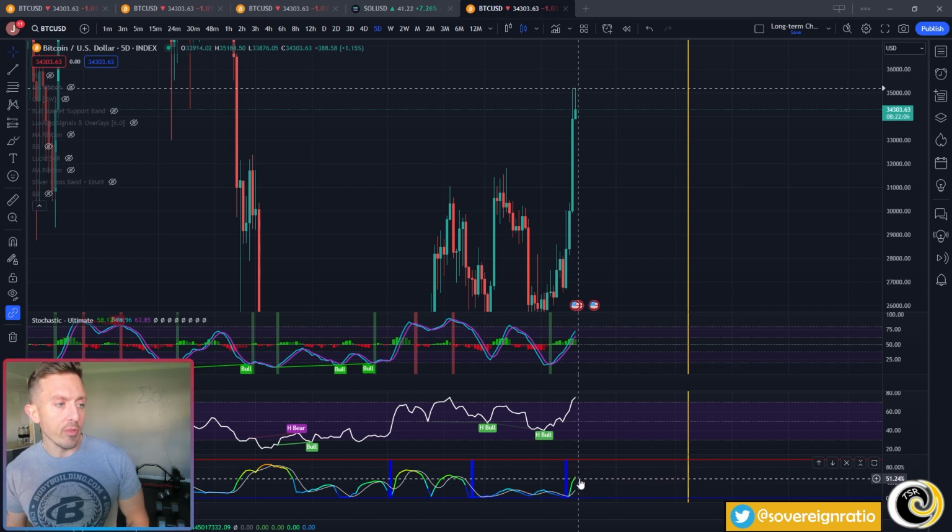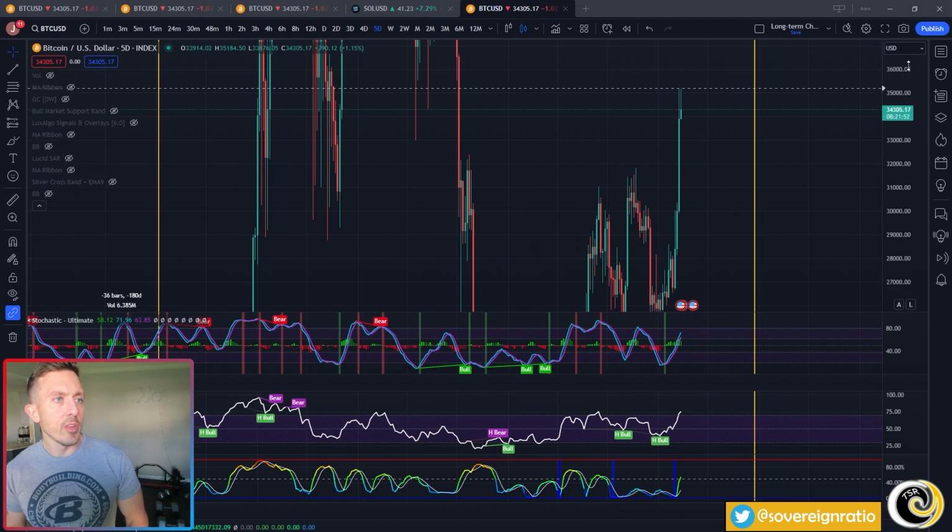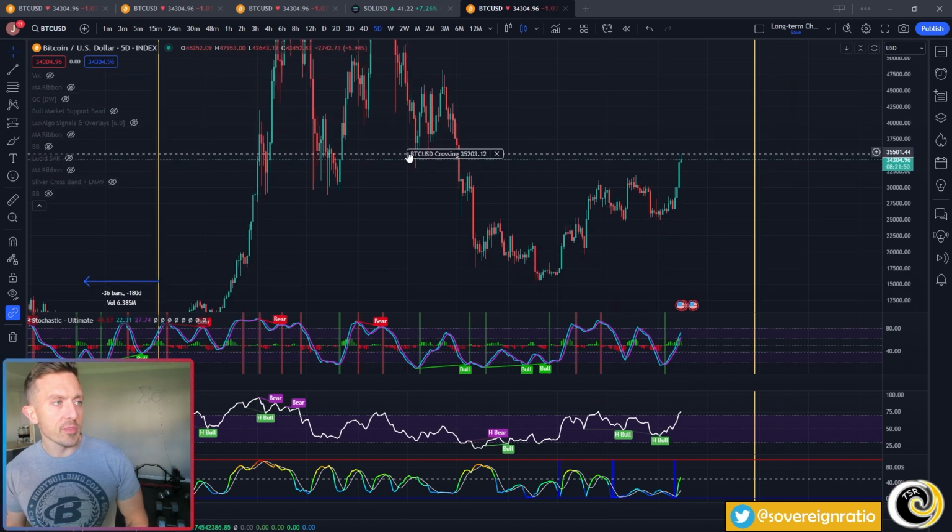It's only halfway through based off of this cross up here over the 15% mark, accompanied with the ultimate stochastic crossing to the upside. But you can also see 2 big topping tails on the 5-day chart. So a lot of mixed signals right now. Clearly Bitcoin is into a lot of resistance at this point. You can see back here, these were the previous cycle bull run support levels, and now they are definitely resistance